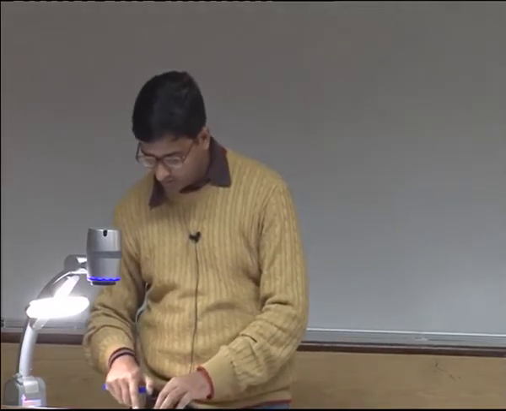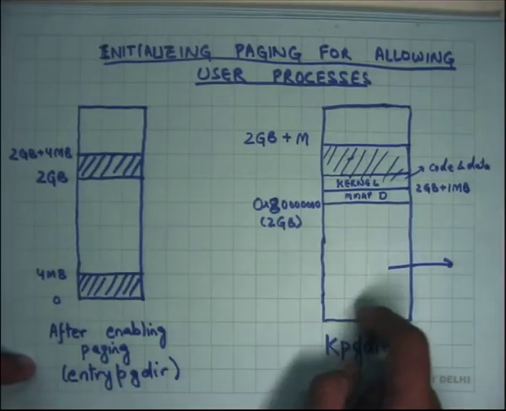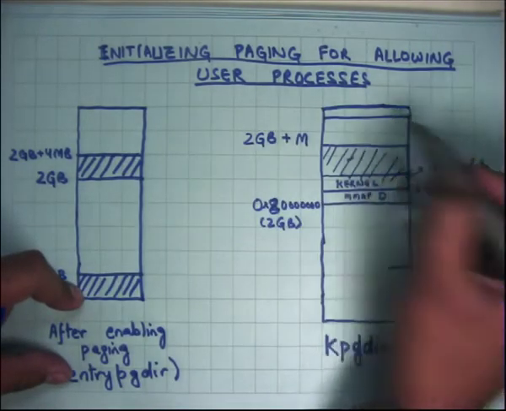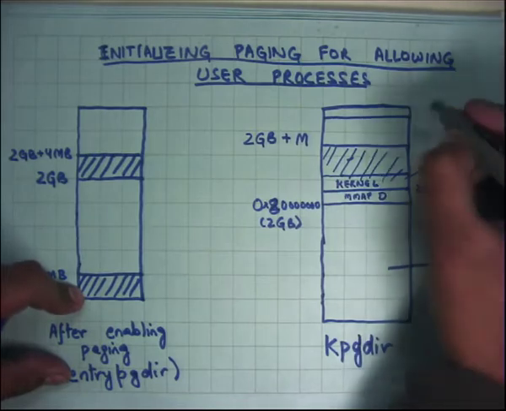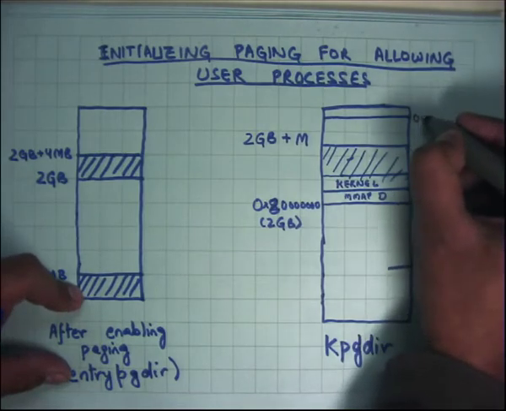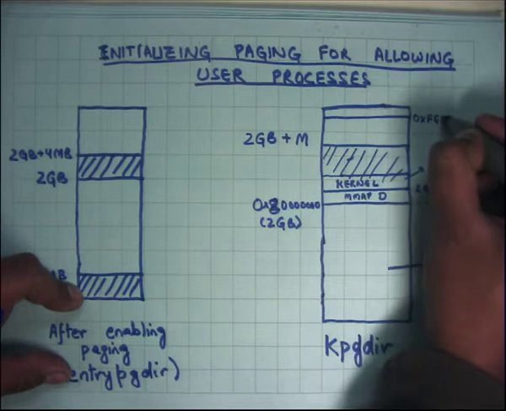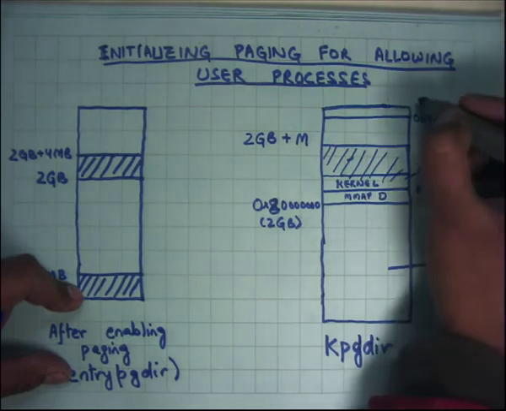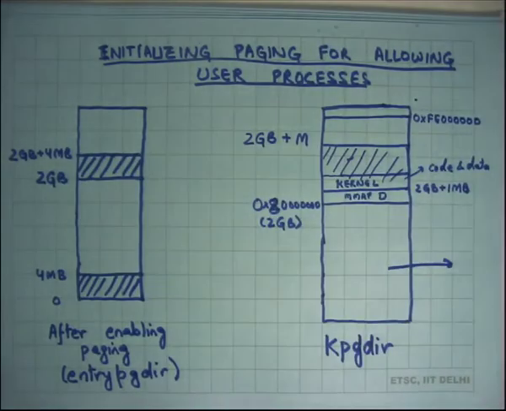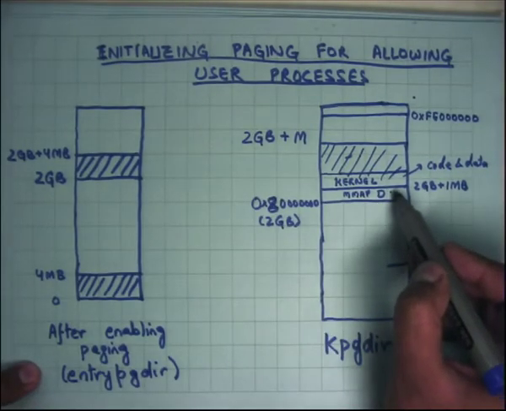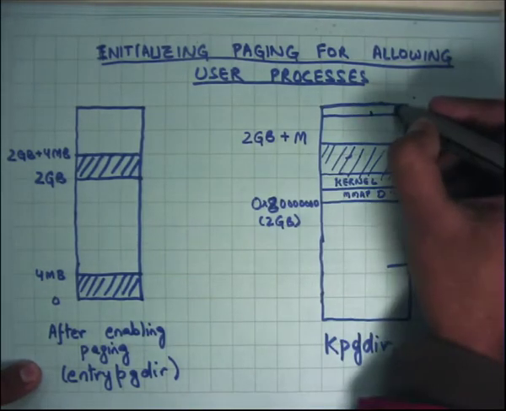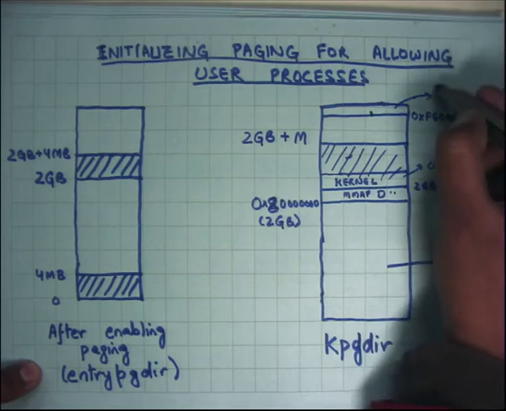So I want to switch from this organization to this organization. Also I'll point out that at the top, there is a slice of virtual address space that starts at 0xFE and 6 zeros till 0xFF, right. This slice of address space is actually used for memory mapped devices also. So just like this area is used for memory mapped devices, this area is also used for memory mapped devices, and so this maps identically to the physical address space.